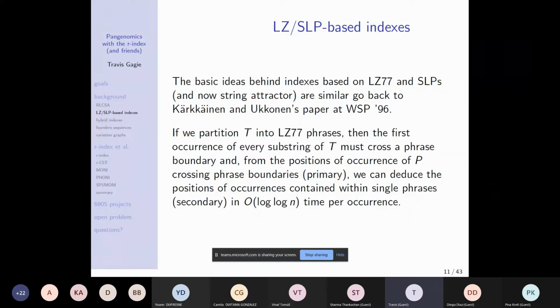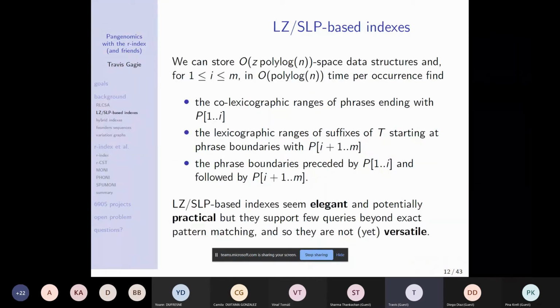So it's the same thing with the SLPs. Everything at some point has to be contained within the expansion of a non-terminal, crossing the boundary between the expansion of that non-terminal's left child and the expansion of the non-terminal's right child. Hideo calls this kushi or something. It's like it gets skewered. Okay. So you can store a Z polylog n space data structure. Z is the size of the parse. And with,